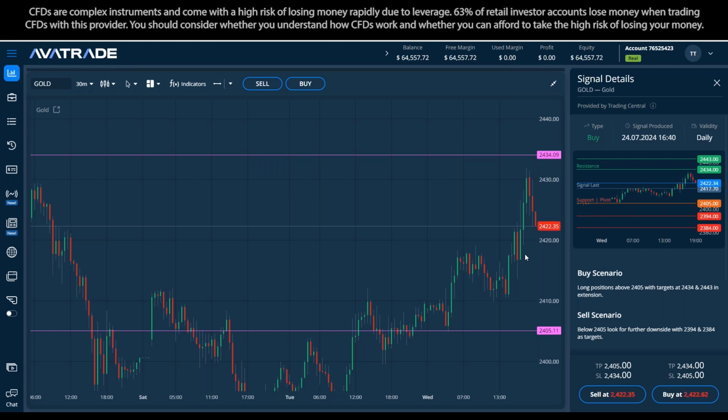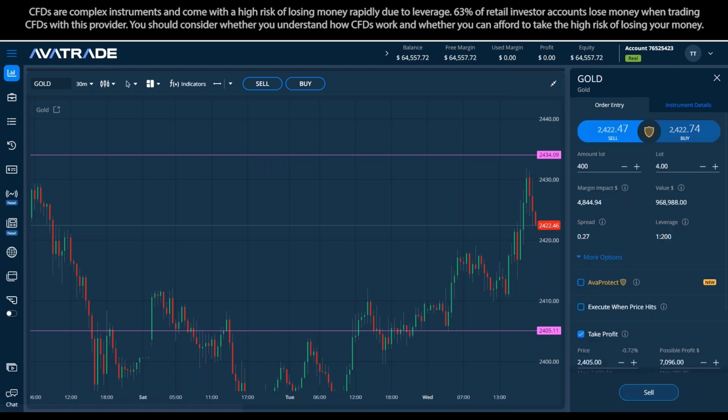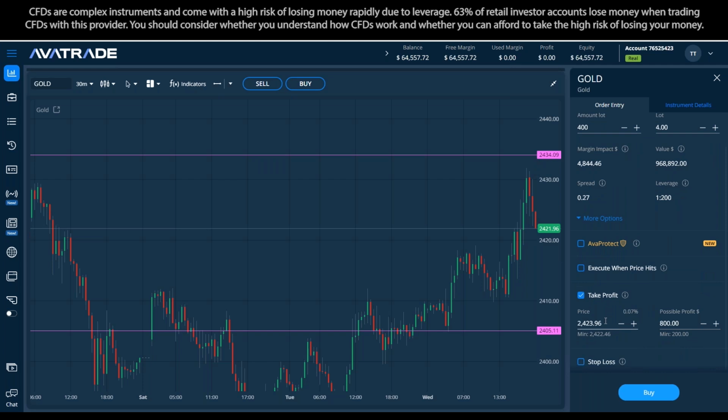The signal almost carried out to the take profit already, and perhaps the momentum has died on gold for the time being. But certainly if you were looking to try and go with this signal still, the pullback then is opportunistic. And what you could do is just take a look at the setup. And if you were thinking about buying on this with the buy signal, you could then say, okay, if I take profit up here at the first take profit suggestion, the next one was up a bit higher in that signal. So if I say 2434 as a take profit,